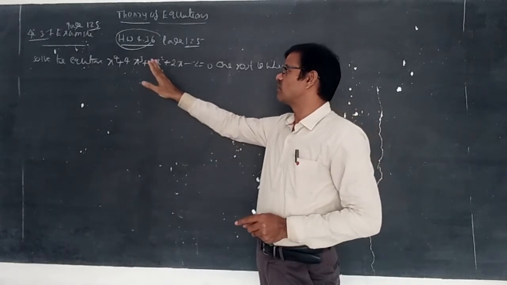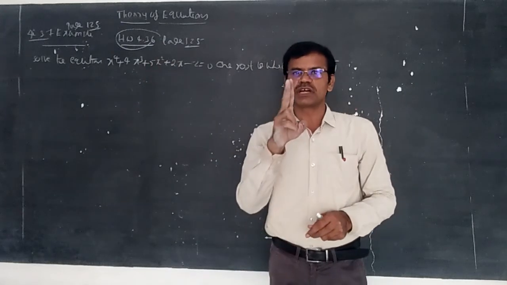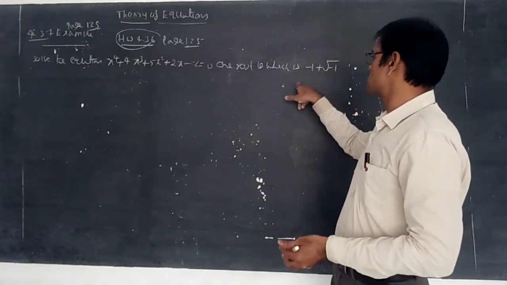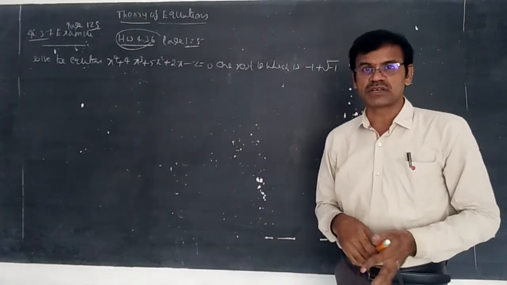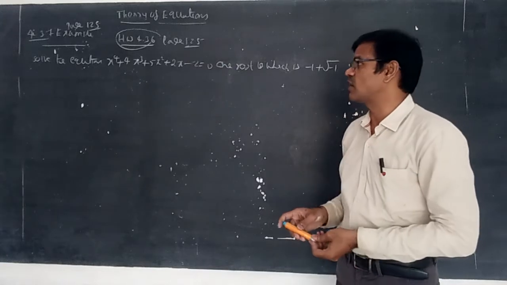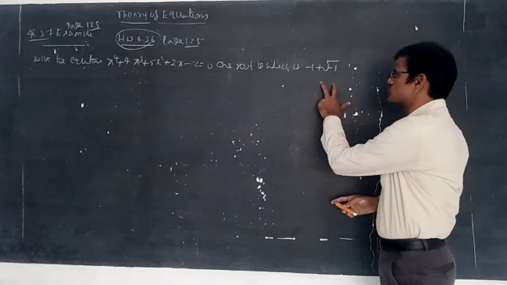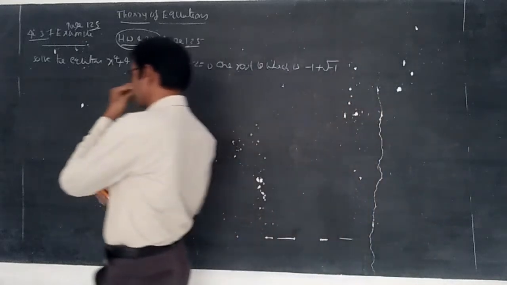Whenever we solve the equation, we should consider only two pairs of roots. We should not write minus 1 and plus 1 plus I and plus 1 minus I. They may or may not be satisfied, we cannot say properly. But you should consider two roots: minus 1 plus I and minus 1 minus I.